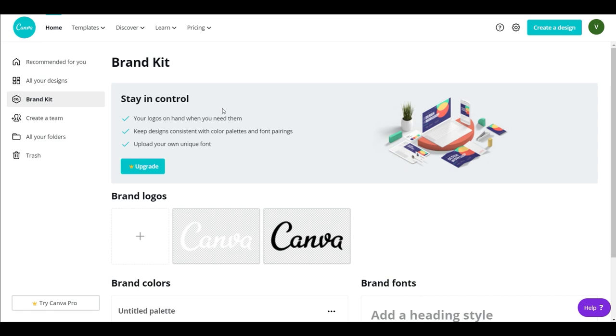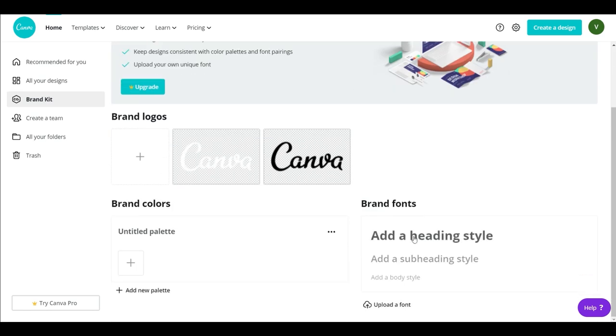But remember, for using the brand kit option, you have to be an upgraded user. And upgrading in Canva is not costly because it is just $9 per annum, which is quite easy for you to afford. So if you scroll down here, you can see that you can create a transparent logo along with the color of your choice and the font of your choice. That's it. If you create this, it will automatically give you the designs that you need.